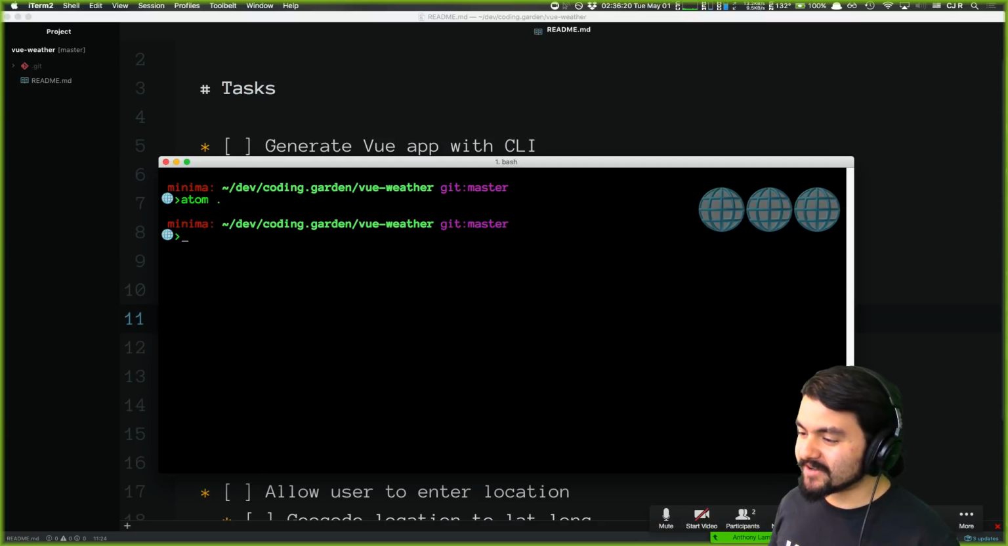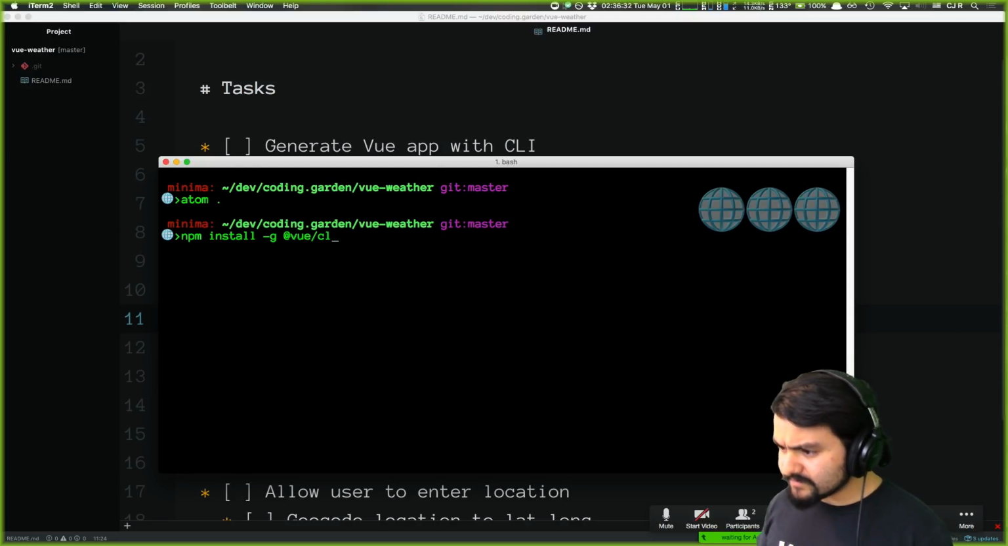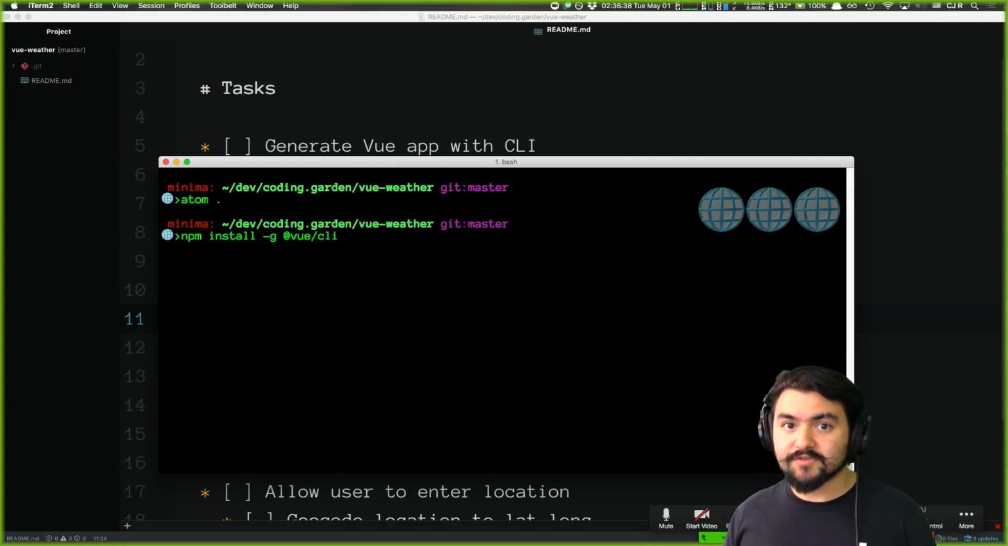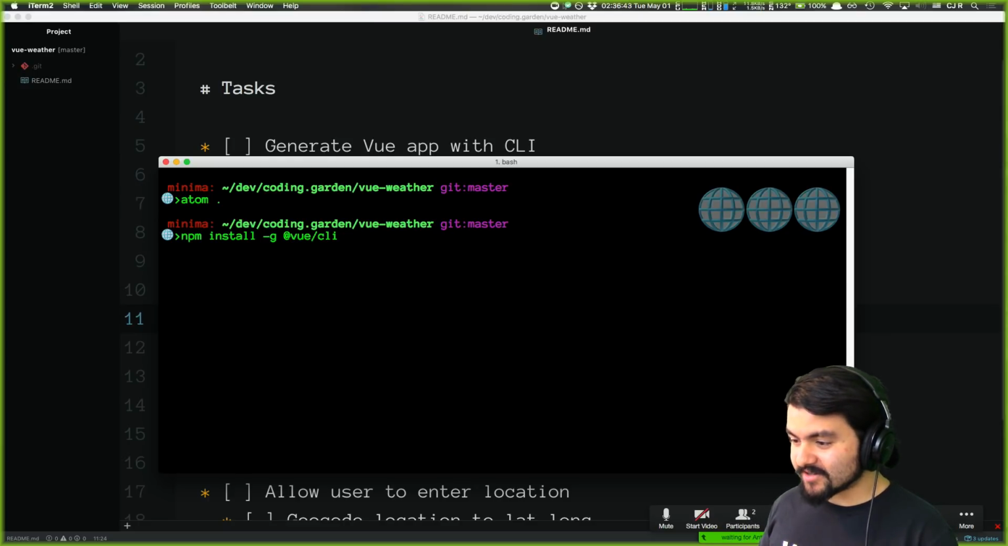All right, Tony, we're going to generate a Vue app with the CLI. Just before you run any commands, anyone out there, if you want to install this CLI tool, you do npm install -g @vue/cli. As long as you have Node and npm installed, this will work on Windows, Mac, Linux, and this installs the Vue CLI tool so you can generate apps. Once you have it installed,